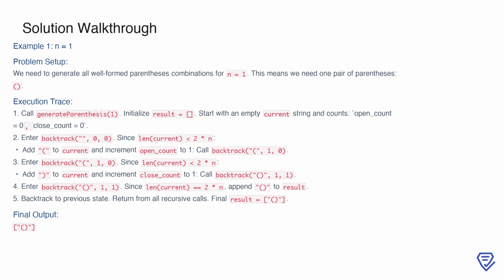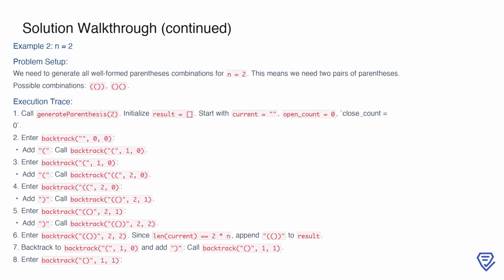This updates close_count to 1, and we make another recursive call. Now the length of the current string equals 2*n, so we append this valid combination to the result list. Finally, we backtrack to earlier states, exhaust all possibilities, and return the result. The output for this case is: for n equals 2, we need to generate all well-formed parentheses combinations, which include